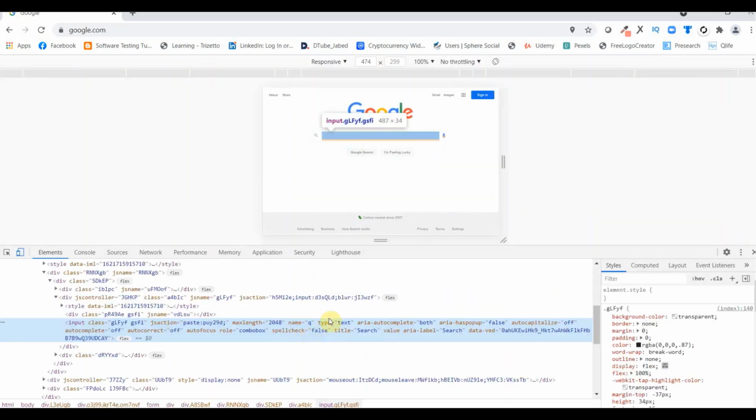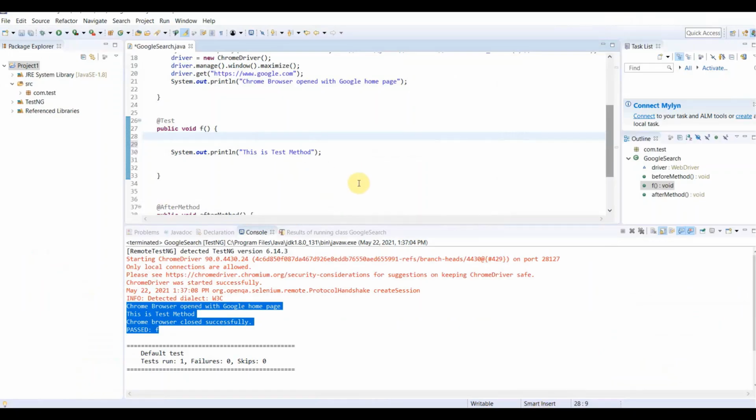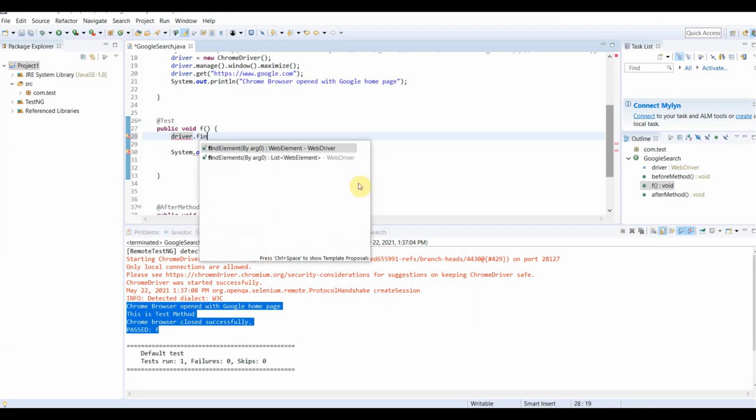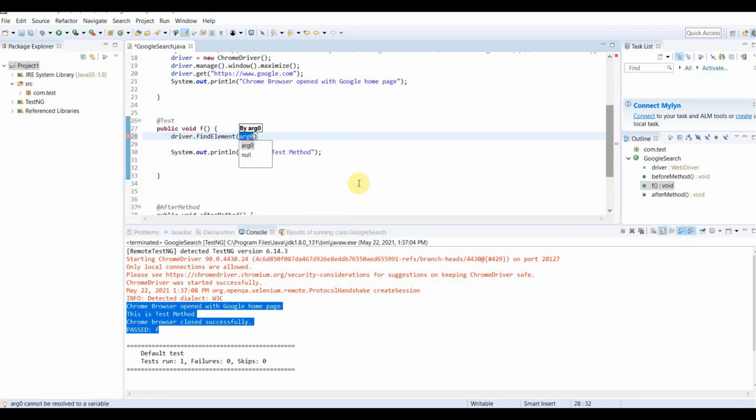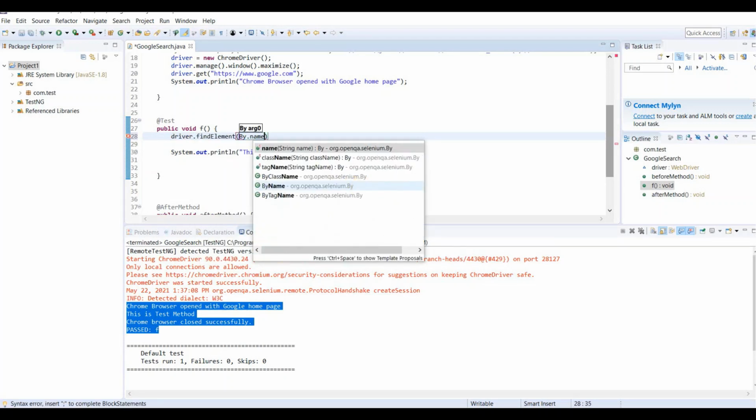Click inspect. It will inspect this box. Basically this is the code which the box represents. If you see, class is this one, JavaScript action, this one, maximum length, name is q, type text, there is no ID. I don't see any ID. So I'll go for name equal to q for this box. So we are going to the code level, driver.findElement(By.name